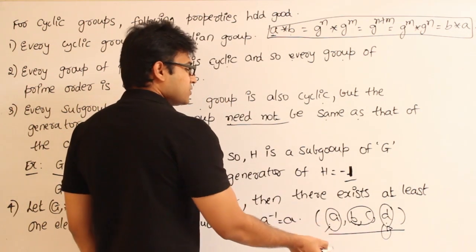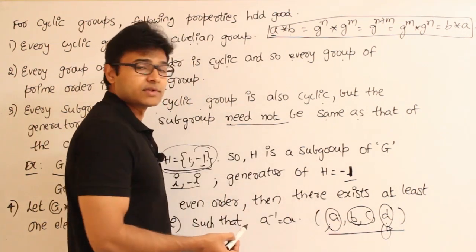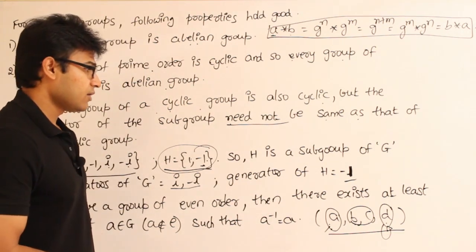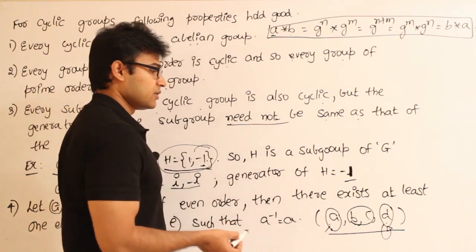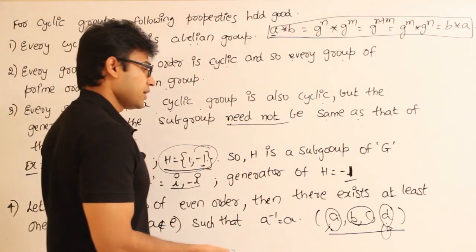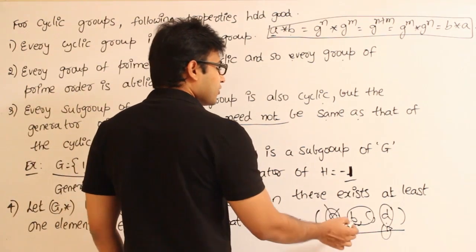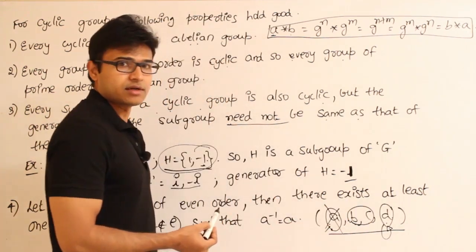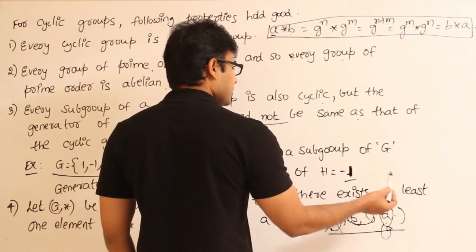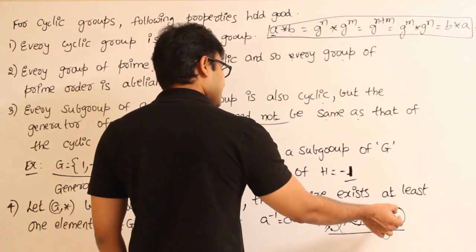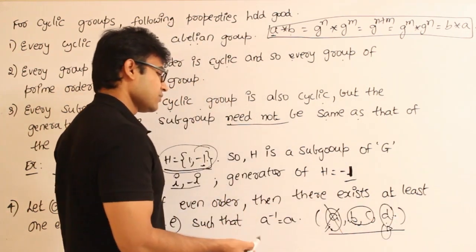Now identity element is going to be inverse of itself, isn't it? Now if you take out that identity element, so when is this true? In a cyclic group, identity element is going to be inverse of itself. Now if you take out that identity element, then odd number of elements are going to remain, isn't it? Now if you try to pair them up, right, then at least one element will remain. That is why at least one element should be inverse of itself.